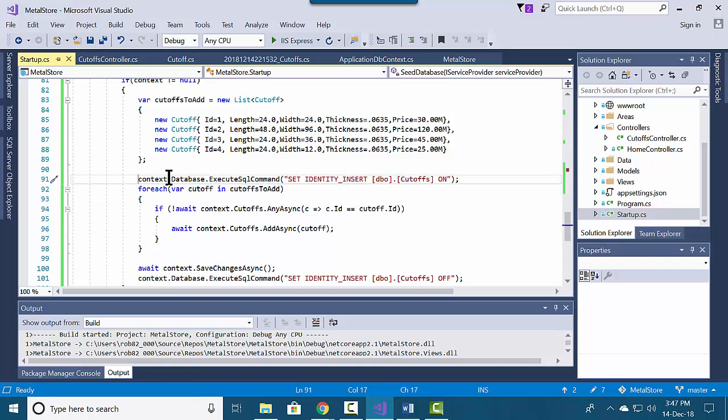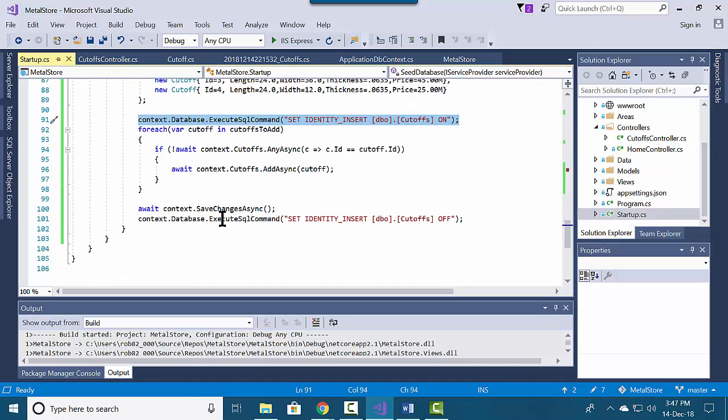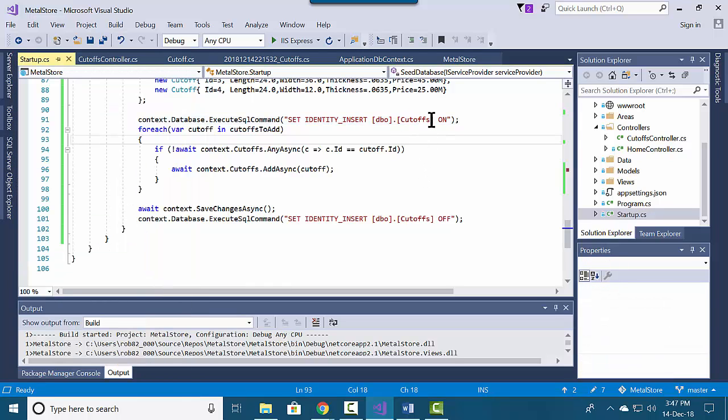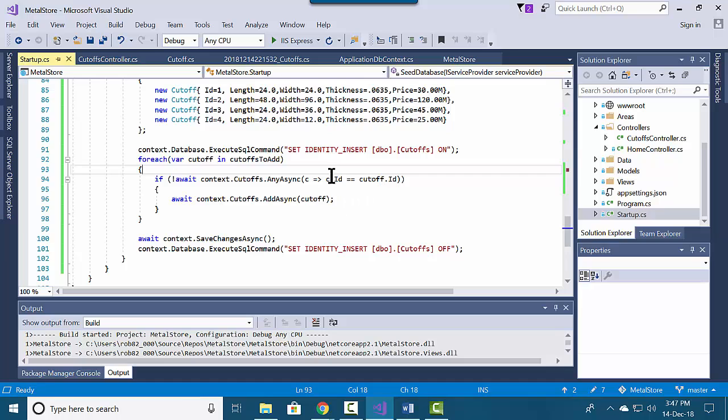What we need to do is also execute this command: set identity insert to on, and then after we're done, set identity insert to off. And dbo.cutoffs is the name of our table. What we're saying is we're going to suspend the identity insert aspect of our table while we're seeding it, so that we can put in the ID fields that we want, and so that we can do this check here. So I'm going to set these to on and off, and now when I run this,